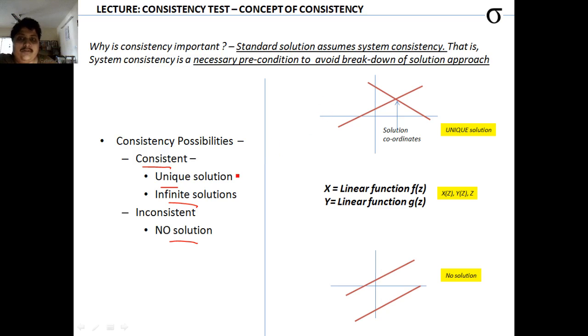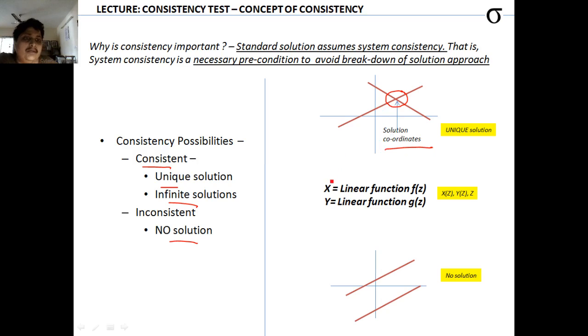When you say you have a unique solution, you plot the systems of equations here, and they converge at a point, and that is called your unique solution. On a two-dimensional system, this is the way it happens. For a three-dimensional system, you will get planes, and the point where those planes converge would be your solution